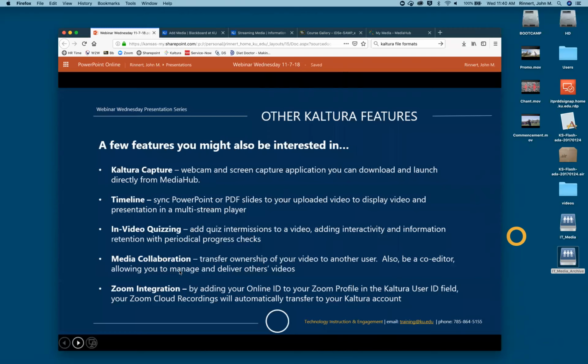I'd be happy to show that. If you go to MediaHub and experiment with that, it's fairly obvious how it works. You can just build in these bookmarks of where a quiz will stop the viewer, make them answer a question, and then continue on. Give them the feedback of whether they got it right or not, and then move on. We think of this as a progress check tool and not a grading tool.